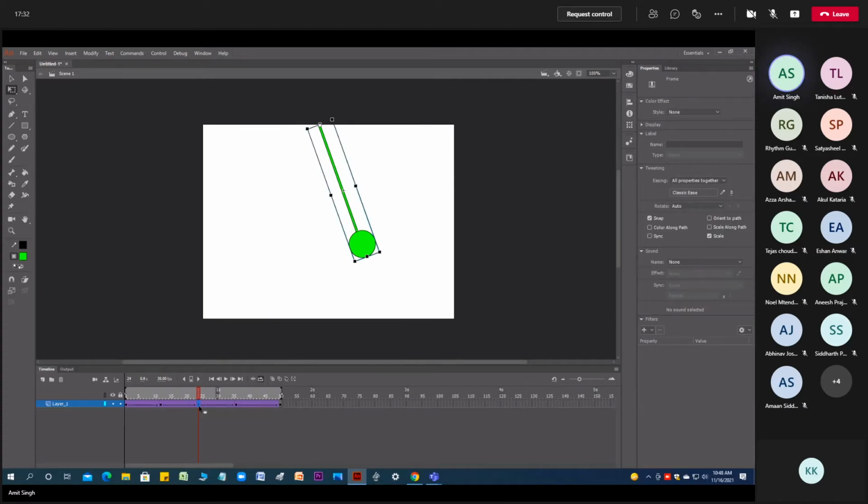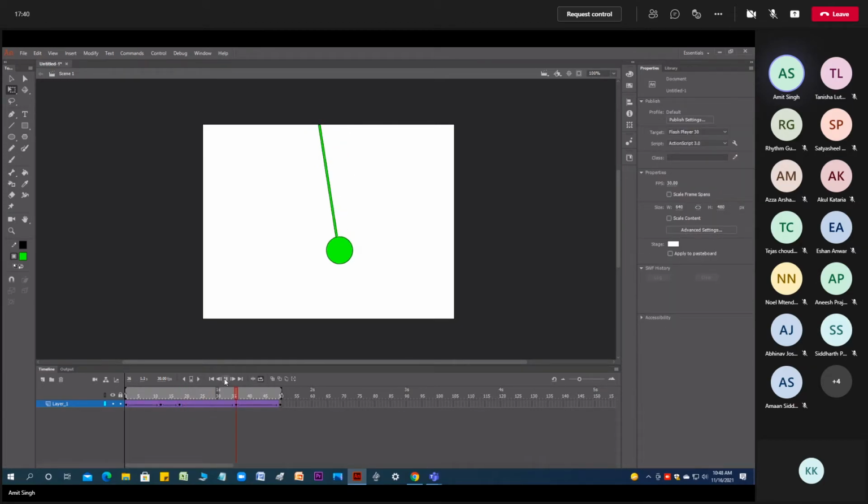Just click this one and bring it near this to experience what kind of animation you are going to get. Since I reduced the time over here, whenever I'm manipulating here, I'm playing with the timing and spacing.